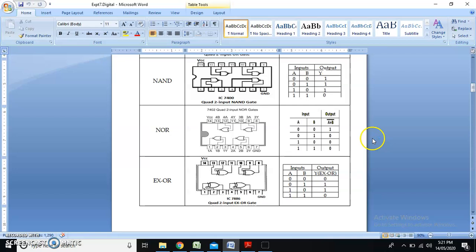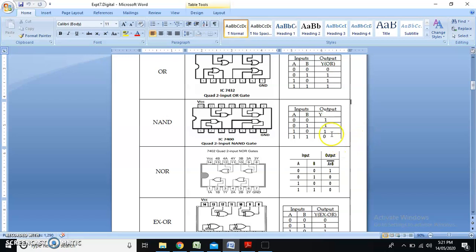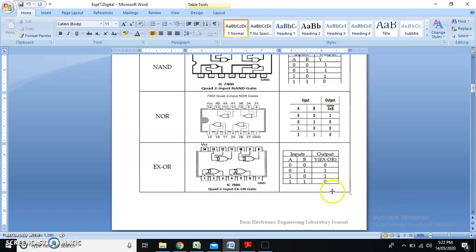And obviously how to write the NOR gate table? First of all we will write the table of OR gate and, instead of writing the OR gate output, make it inverted. So what is the OR gate table? 0, 1, 1, 1. So the NOR gate table will be 1, 0, 0, 0 and the expression: OR gate is A plus B and NOT gate is just a bar on the top. So A plus B bar. So this is a NOR gate.